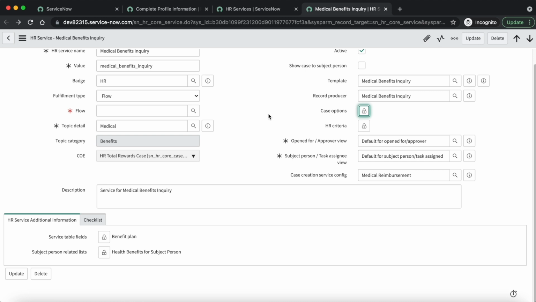Also, this option is only for Employee Service Center. Now we have the next field, subject person or task assignee view. This field provides configuration of the HR ticket page header for the subject person or any task assignee, and this option is also only for Employee Service Center.